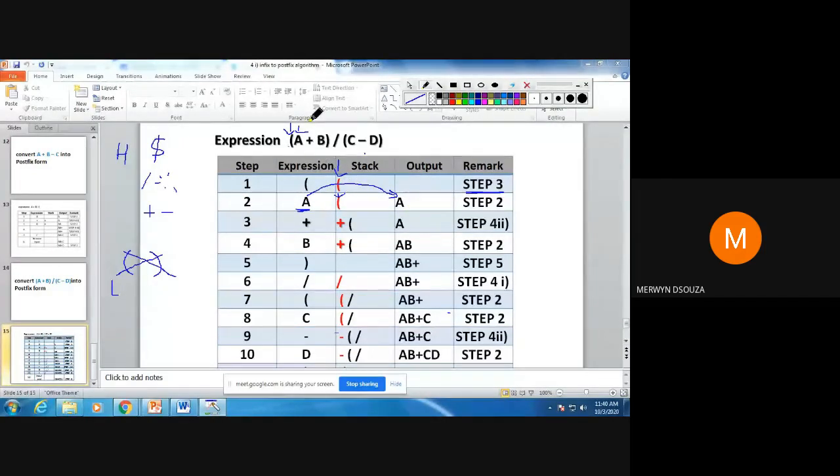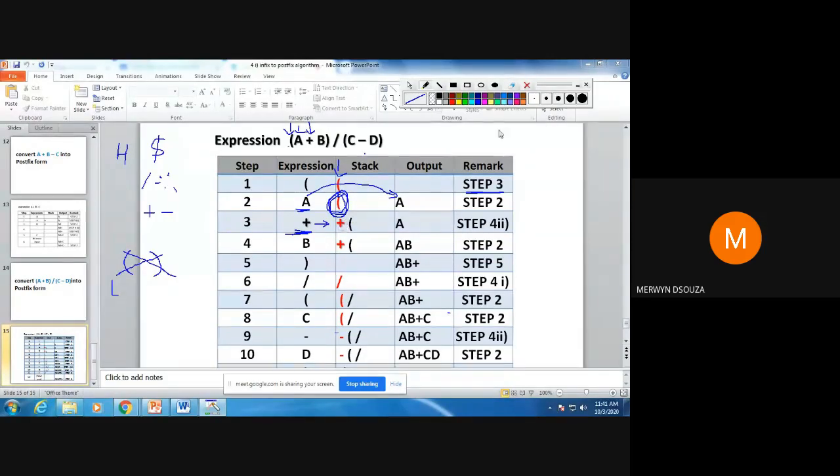Next you read plus. For plus you have to do step 4. When you do step 4, you have to check which of the sub steps of step 4 you will do. If the stack is empty, you would have done step 4.1, but the stack is not empty. So go check step 4.2. Step 4.2 says, if the top of the stack is an opening parenthesis, push the operator on the stack. When you check, the top of the stack is an opening parenthesis. So you push this operator onto the stack. When you push it, plus is the top of the stack. I highlighted plus as the top of the stack. I just made it red.